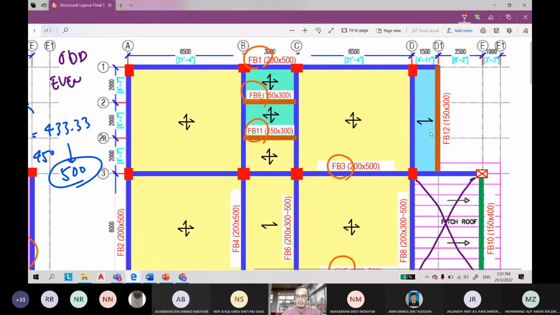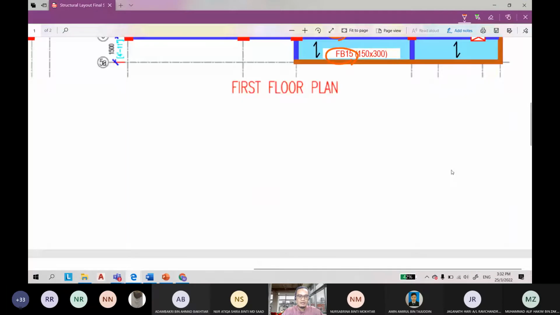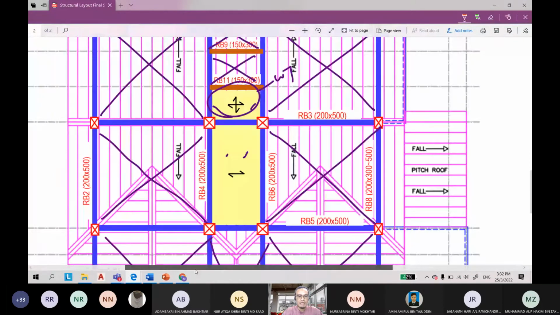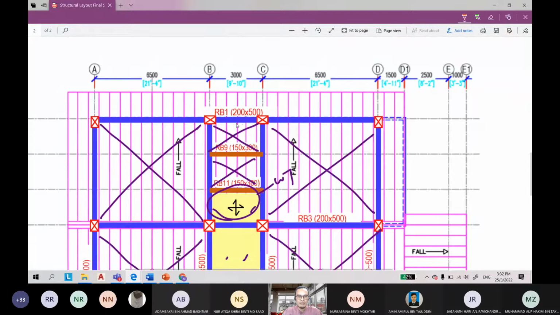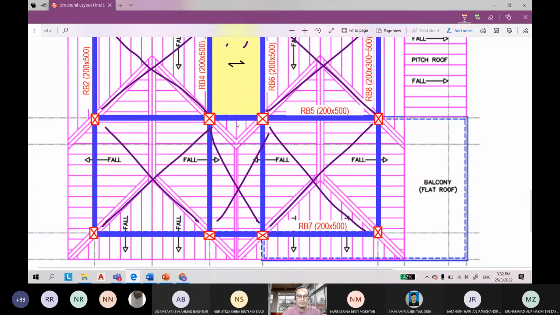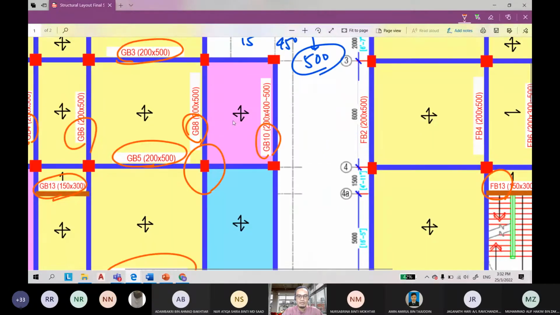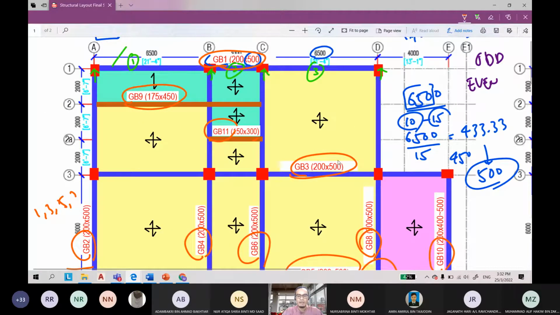Okay, this one. So I hope you can see. Also, this is for the roof beam. We name it as RB for roof beam. We do the numbering and we do the sizing. And also we go to the column, sorry, we go to the